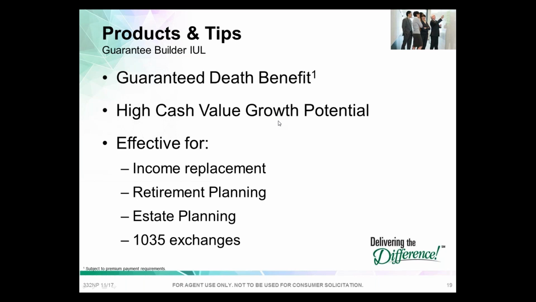This product can also work well. Remember I said the Builder would not work well for moderate or low funding. The Guarantee Builder would also work well for moderate or low funding. So if they don't want to fund it to the maximum level, then you might want to look at the Guarantee Builder. This is an effective product for income replacement. Again, you've got that death benefit protection, but if I need it for something else, I've got some cash value. If I don't need it, I can always leave it as a death benefit, sort of a guaranteed death benefit for legacy building. And in that regard, it works well for retirement planning as well. Retirement planning,